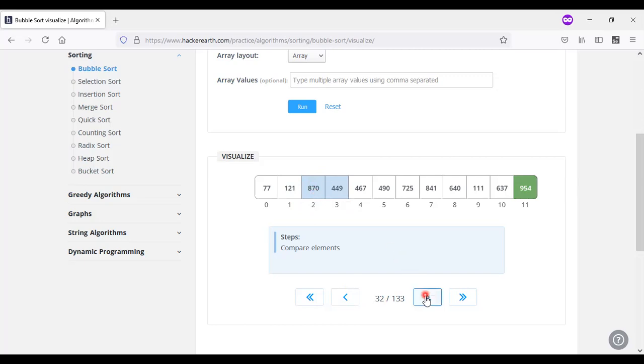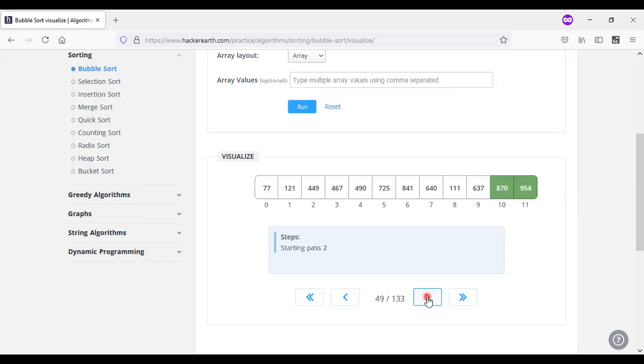While comparing with the others, we need to place all the values in swapping order, because the remaining values will be the last only. Since this is the 11th element, 954 has been marked as sorted, it won't process further. It has reached its bound.